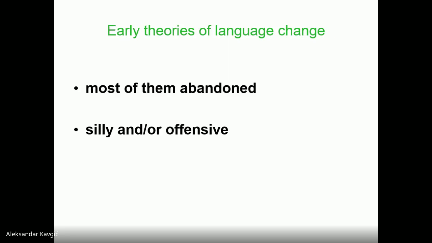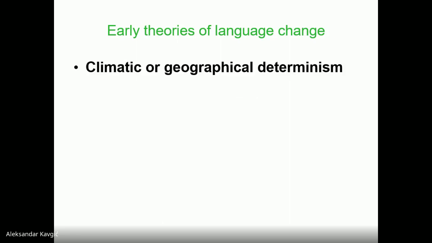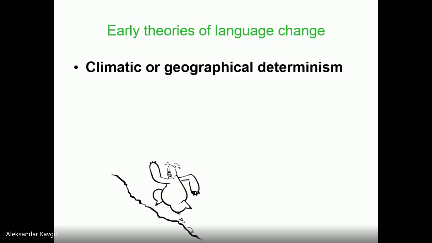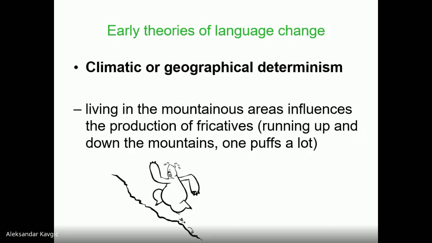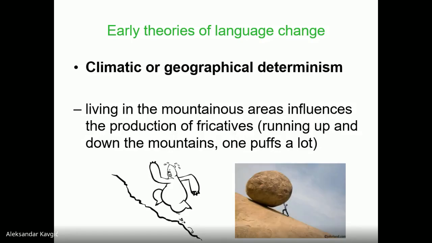So one of the first theories was climatic or geographical determinism. Believe it or not, people had the idea that, for example, if you live in a hilly or mountainous area, you are constantly tired because you are moving up the mountain or down the mountain. So you puff a lot, you breathe heavily, and those languages in mountainous regions therefore have a lot of fricatives. That was a theory, believe it or not. We now know it's wrong. But I'm just showing you some really weird ideas, and so it was an uphill battle to prove that